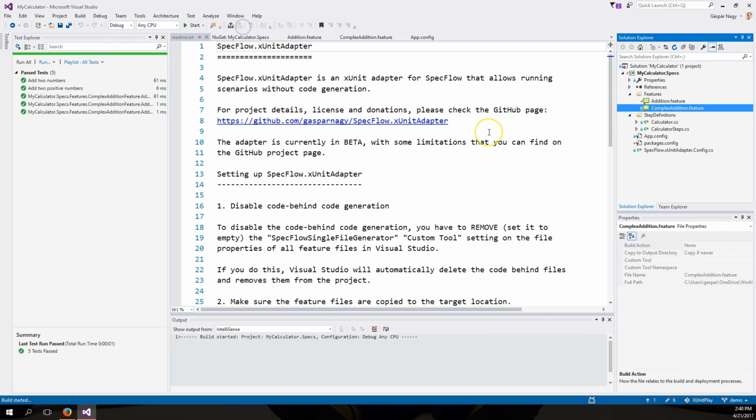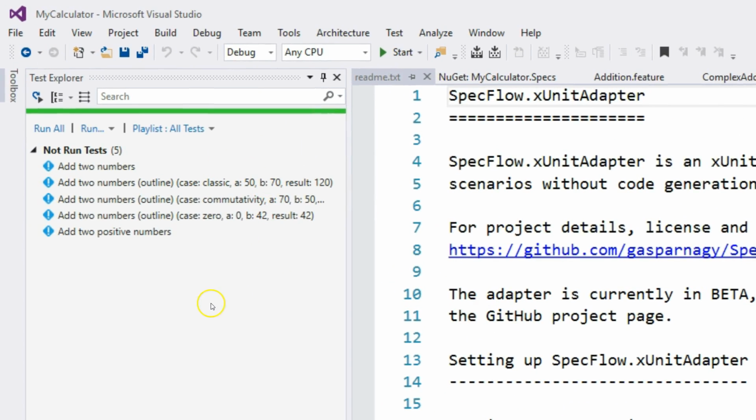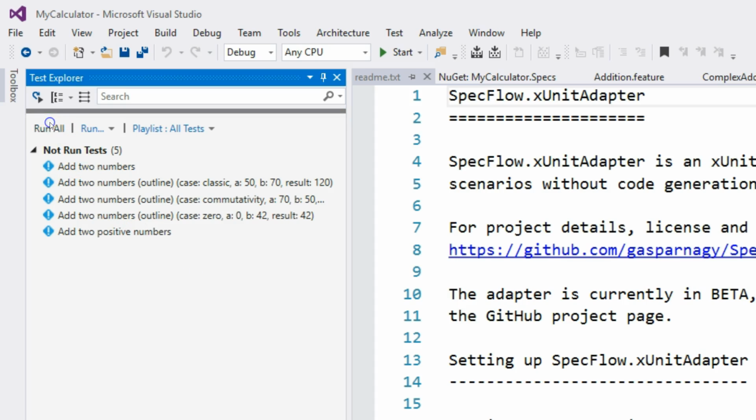Once I'm just recompiling the project, the magic happens. As you can see, the Test Explorer window has been refreshed, and you see the scenarios that I have in this project, and it's even nicer because you also see the nice labeling for the scenario outline as well. And yeah, let's just run it. And this is it. We have a SpecFlow project, no code behind files, and still we can run the tests